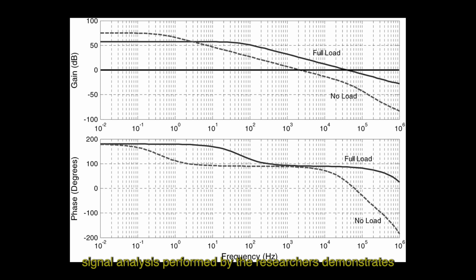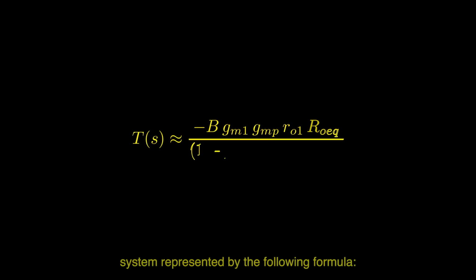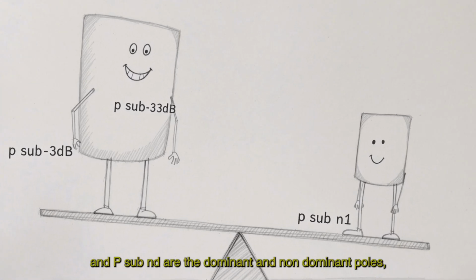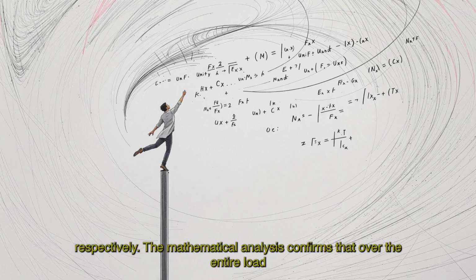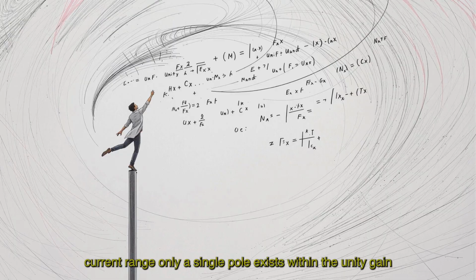The small signal analysis performed by the researchers demonstrates that the loop gain transfer function can be approximated as a second-order system, represented by the following formula, where P sub 3 dB and P sub N1 are the dominant and non-dominant poles, respectively. The mathematical analysis confirms that over the entire load current range, only a single pole exists within the unity gain